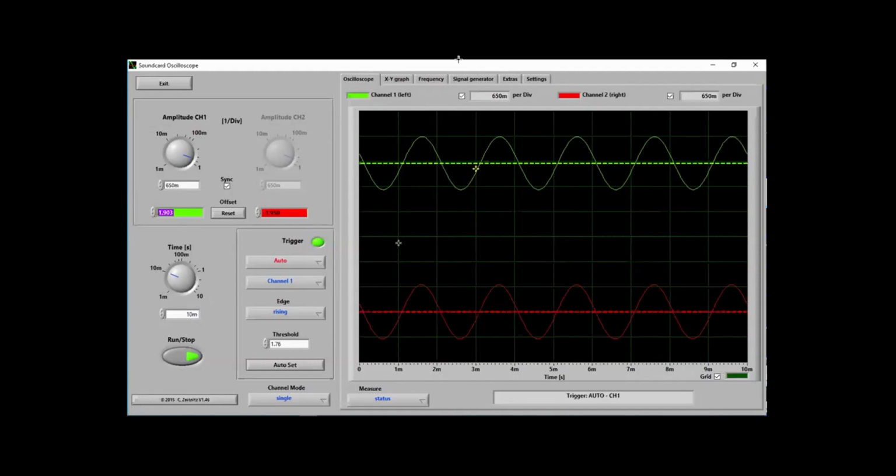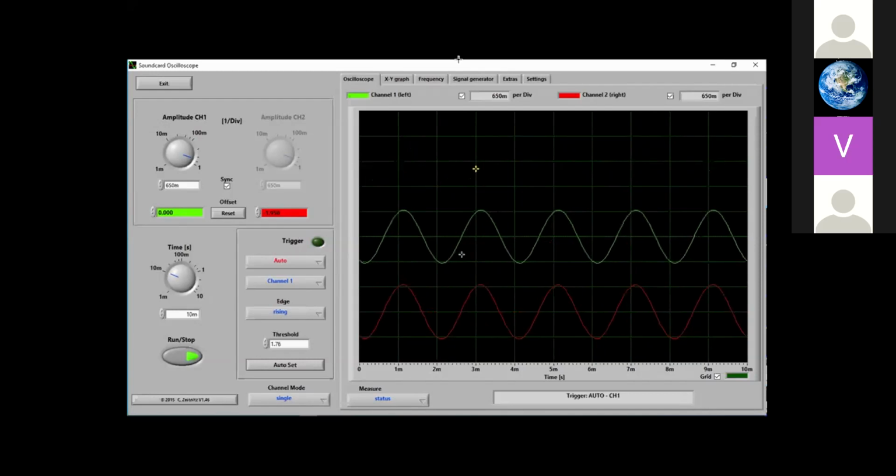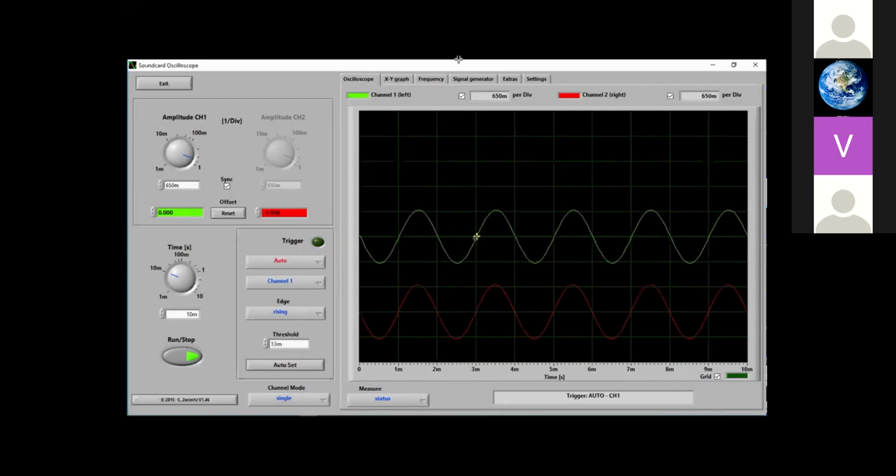So let's suppose we just keep this waveform very down and put a 0 value here. Now your waveform will come into this section. At this time you can see that your waveform is kind of moving. It is not actually stable, because it doesn't know where it should start to show you the values. That's why we put a trigger somewhere within the range of this waveform.